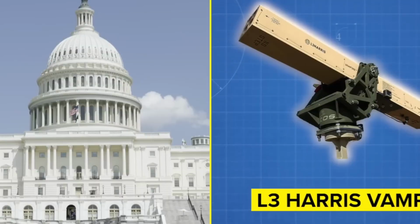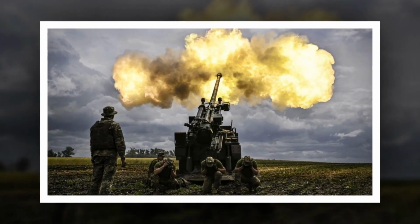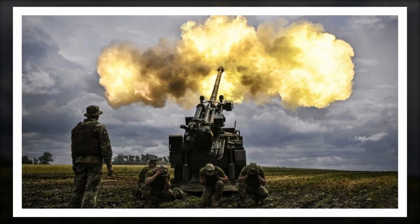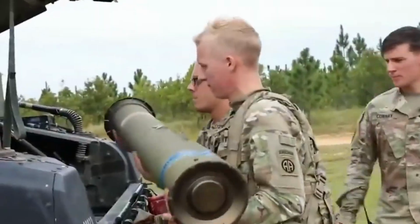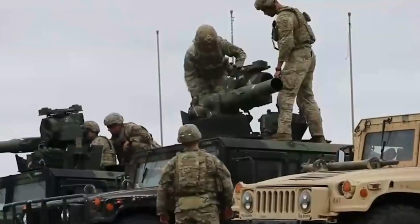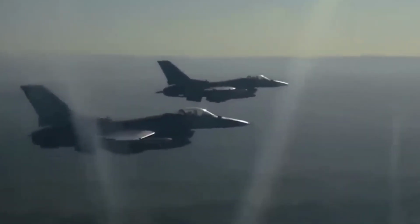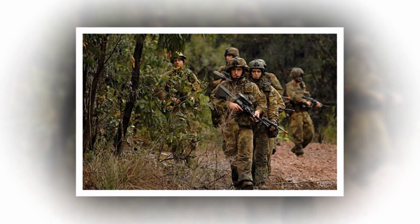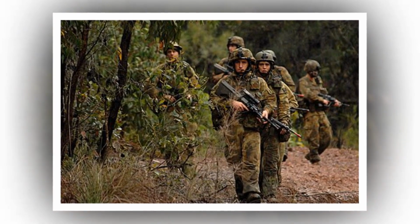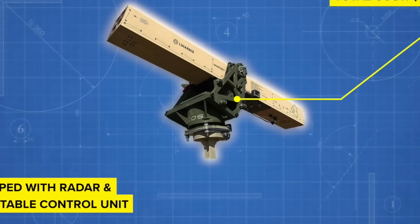This ties directly into the Slinger's next con. In Ukraine, it's been increasingly common for Russia to employ ever-increasing numbers of drones in multi-axis attacks against Ukrainian positions. Though the live-fire demonstrations in Australia were impressive, it should be noted that these were all single drone engagements. Though Slinger could very well encounter single FPV drones since they're so common, it's increasingly more common to see multiple drones at one time. How Slinger will fare against these multi-threat engagements may only be known when Ukraine uses it